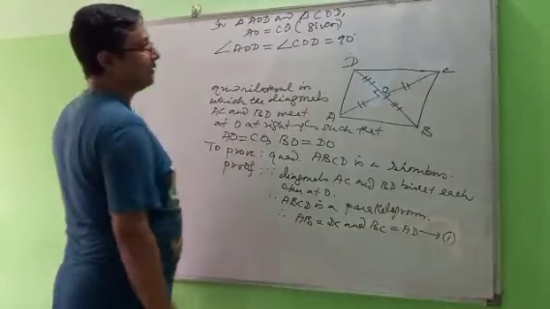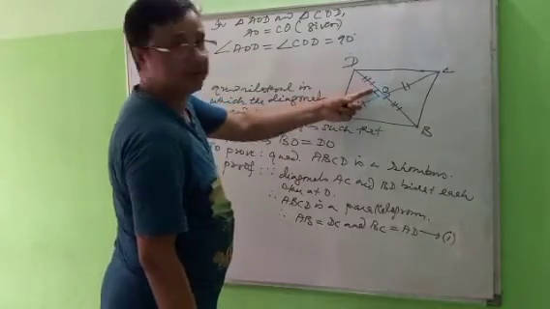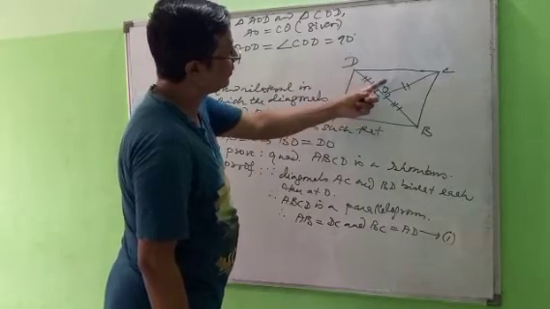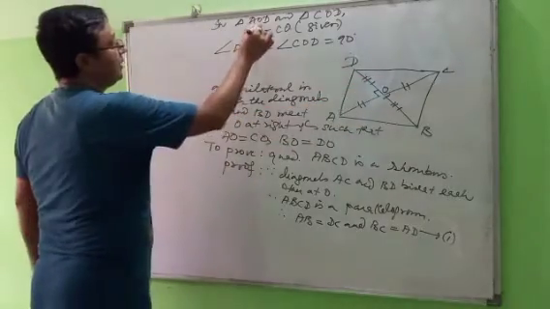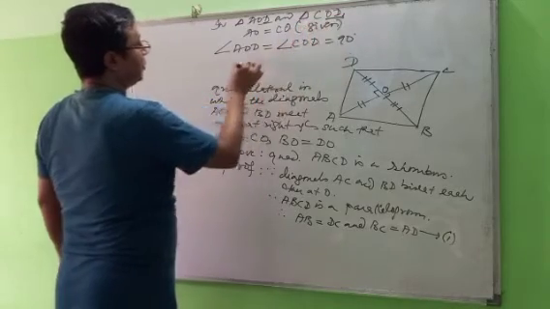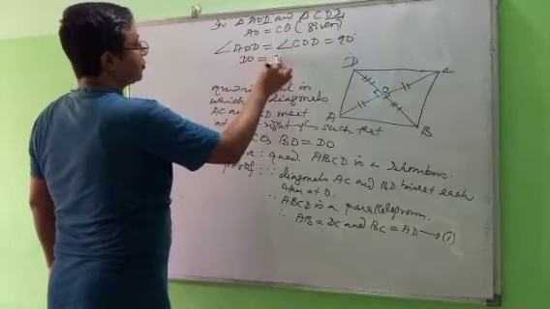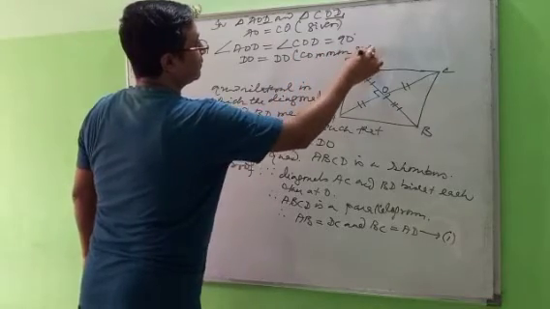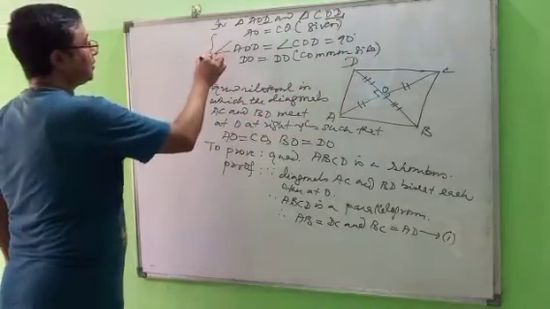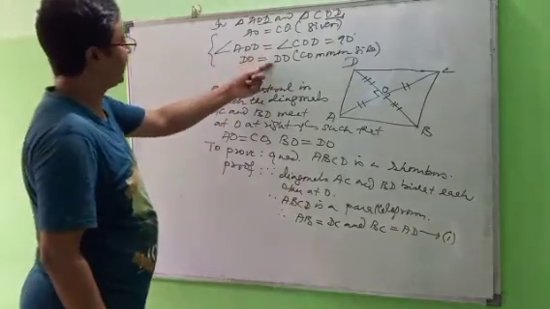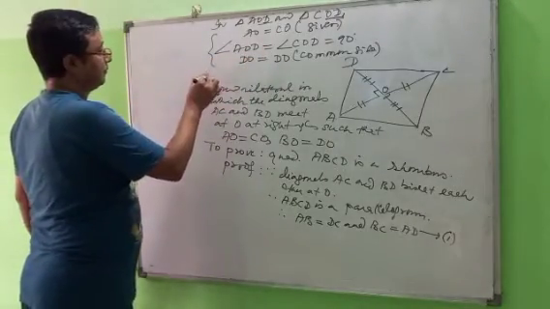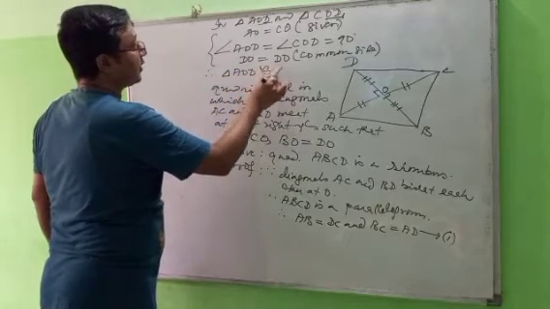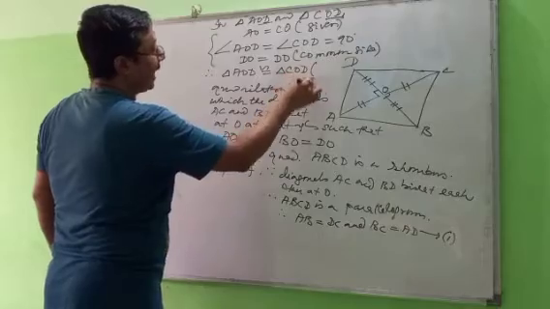Then one more thing is that in these two triangles you have got the common side DO. DO is the common side for both the triangles. So here DO equals DO. This is the common side. So you have got the three conditions: 1, 2, 3. So therefore triangle AOD is congruent to triangle COD by